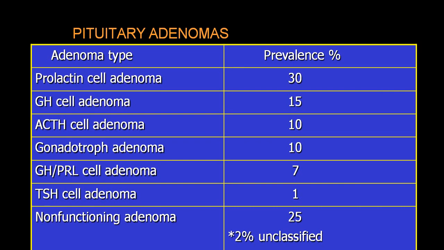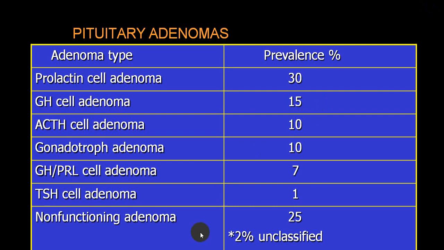While locally inside the pituitary fossa, it will compress the different cells other than the adenoma. So those other cells are compressed, the production of those cells is affected and they will produce hypo. So if prolactin cells are affected, hypoprolactinemia; ACTH, hypoadrenalism; gonadotropes are compressed, so hypogonadism; TSH cells are compressed, so hypothyroidism. All this will be secondary.